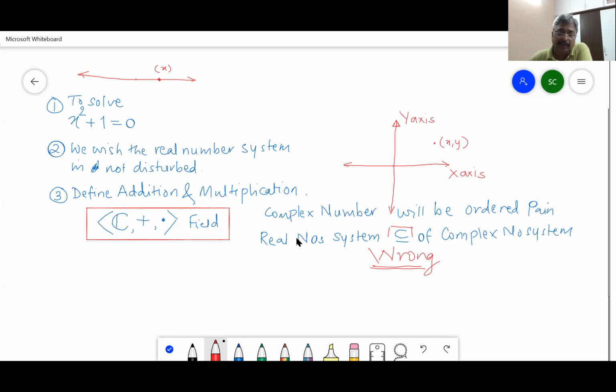However, the real number system, if you write it, will look like this, something like this. And the complex number system, if you write it, will look like this, and so on. Therefore, technically, we cannot say the real number system is a subset of the complex number system. However, we want to restore the properties of real numbers even if we are dealing with complex numbers. Therefore, the bypass or the via media,